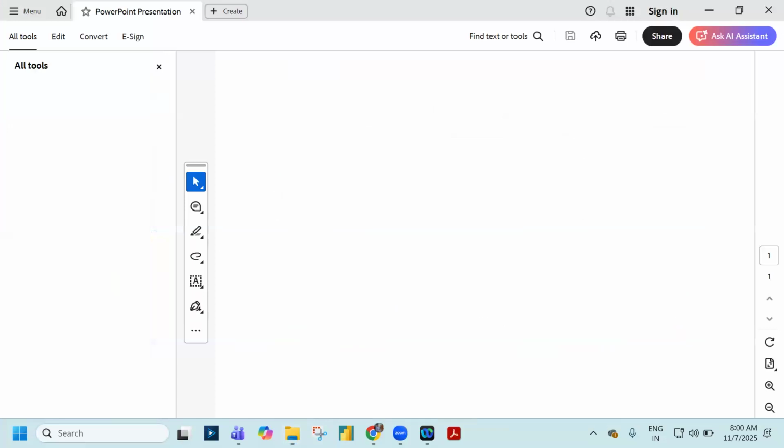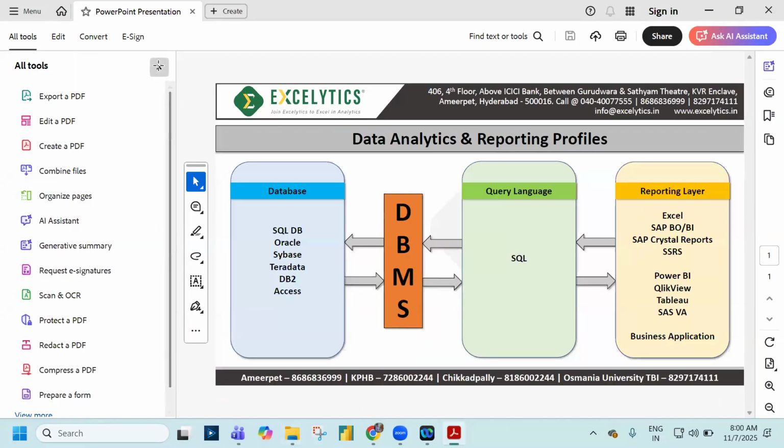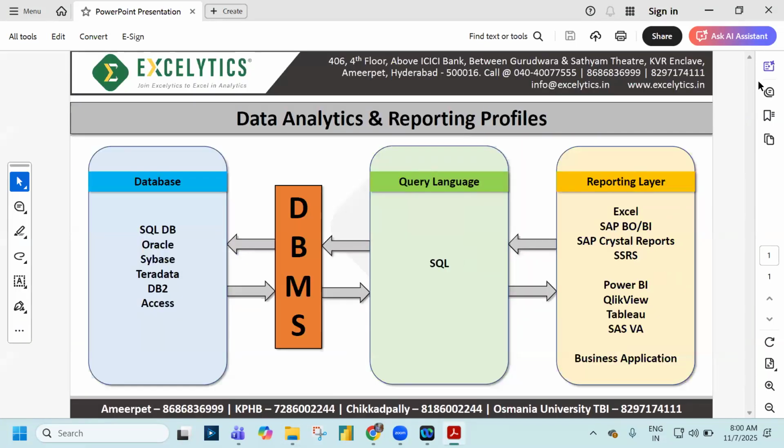The different positions that are open, I was just searching for the Power BI roles, but in almost every role, though the title says Power BI developer, what are the skills expected there? SQL is mandatory, proficient in SQL. Right. Okay, fine then. So we understood the importance of SQL because anything you want to get